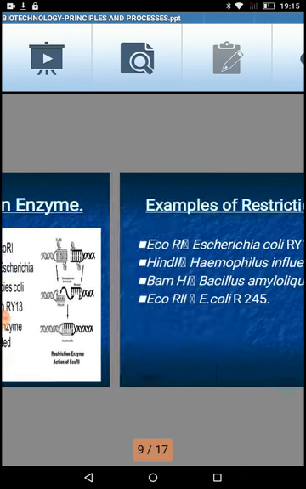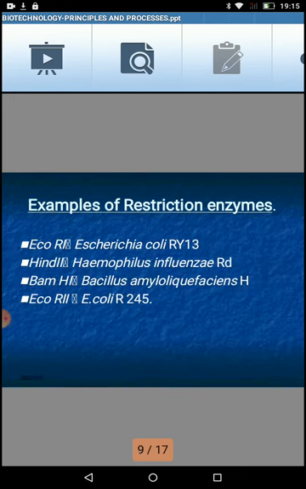And as we all know, there are around 200 restriction enzymes present in the scientific world, and many more on the way. Why are they important? Because restriction enzymes, commonly called molecular scissors, are the first step to biotechnology, where we actually play with the DNA. We manipulate the DNA for our use.